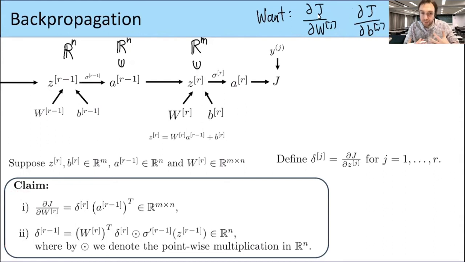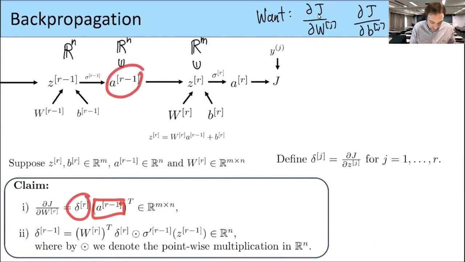So in each step, we want to calculate these delta j's. And the claim is that in general, a delta j can be calculated by this formula. And then having a delta in this step, we can always calculate this derivative we want by just multiplying this delta, which is a vector, with the transpose of this A, which is a vector. So in this case here,